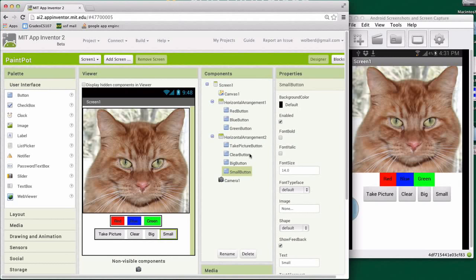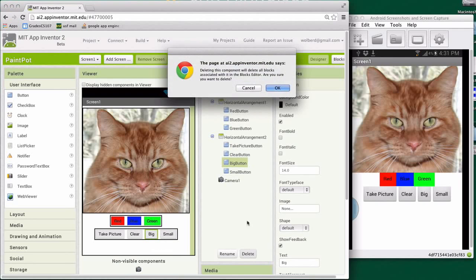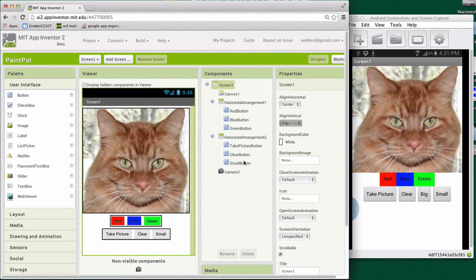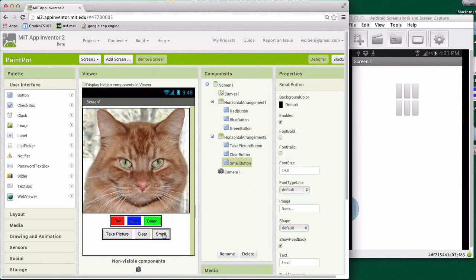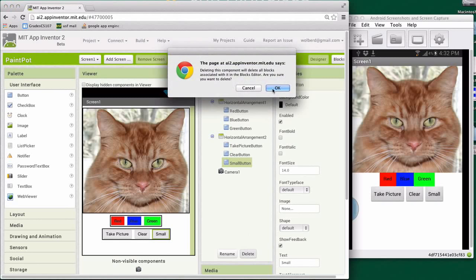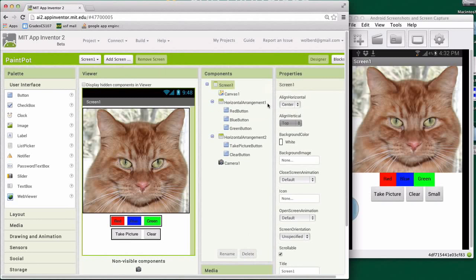I'm going to show you how to use the slider component in App Inventor 2. So we've got this kind of funky UI where we've got a big button, small button that lets us change the size of the circles drawn on this cat. Okay, and I'm just going to get rid of those guys. Instead, we're going to use the nice slider widget, which is kind of a new component in App Inventor. So I'm going to delete the big and small buttons. We don't need them. All right, and then I'm going to go grab a slider component and bring it in